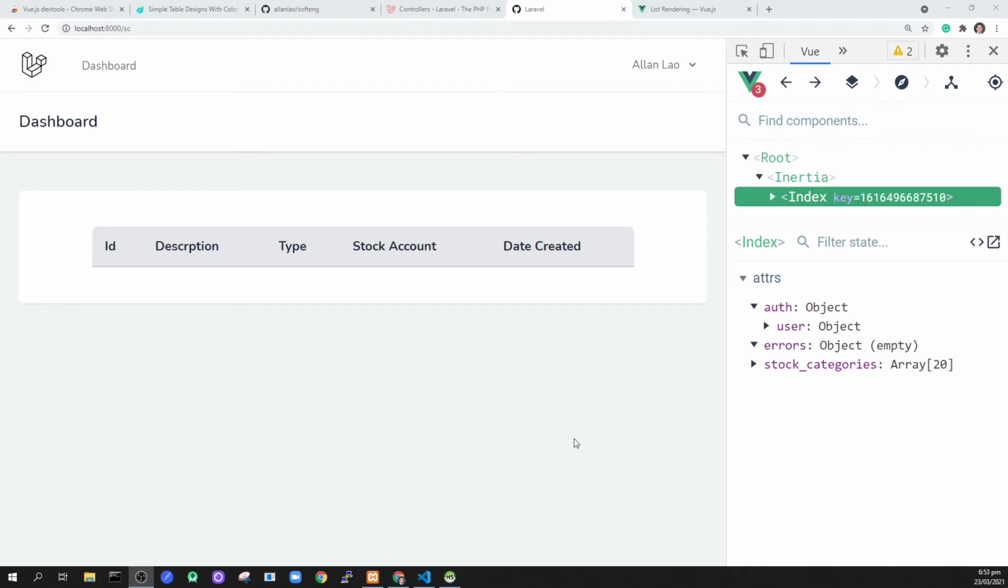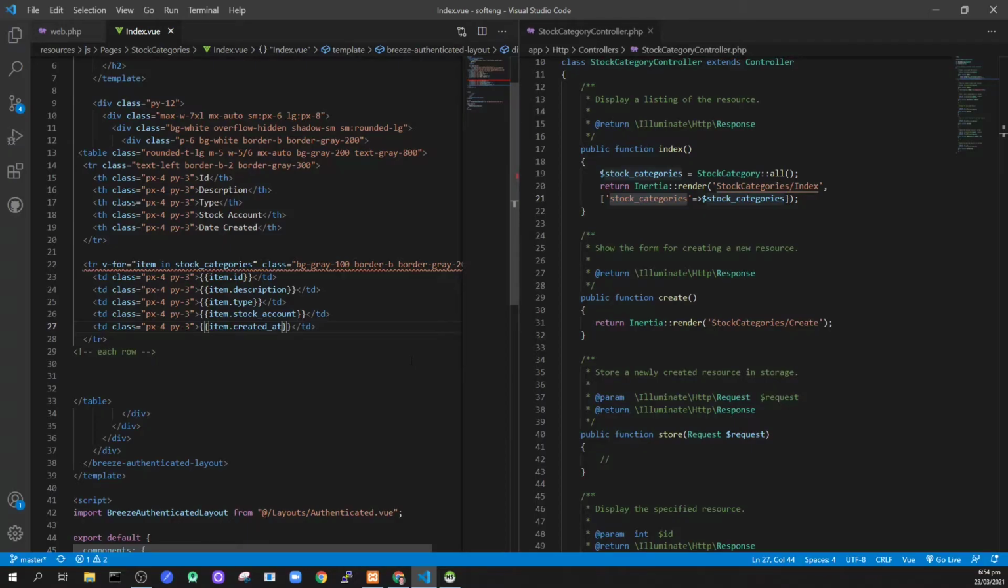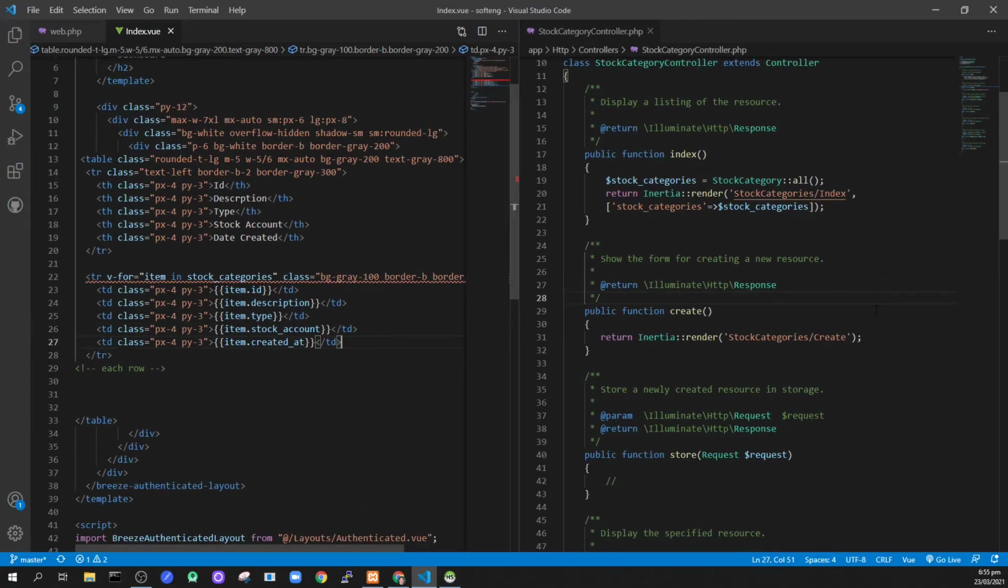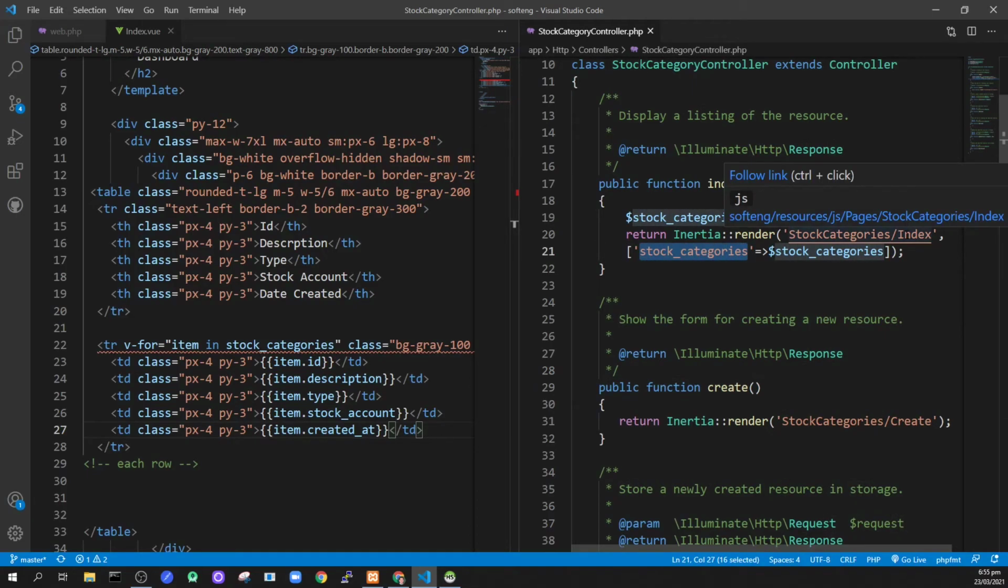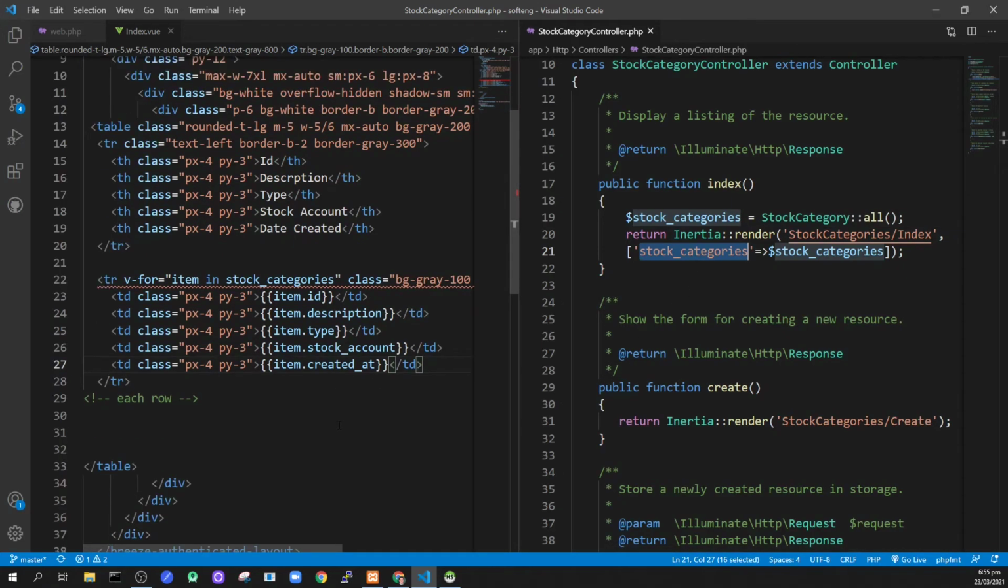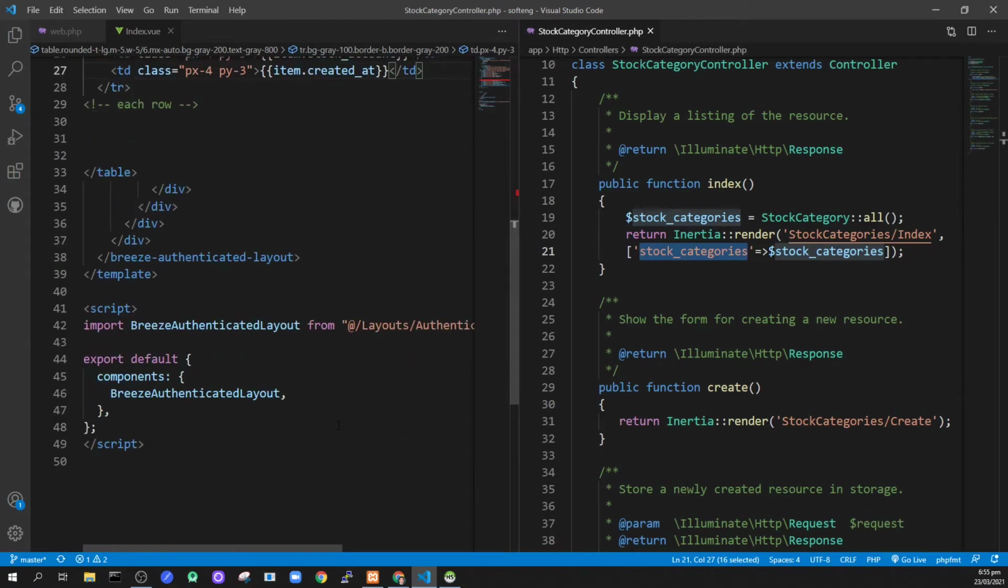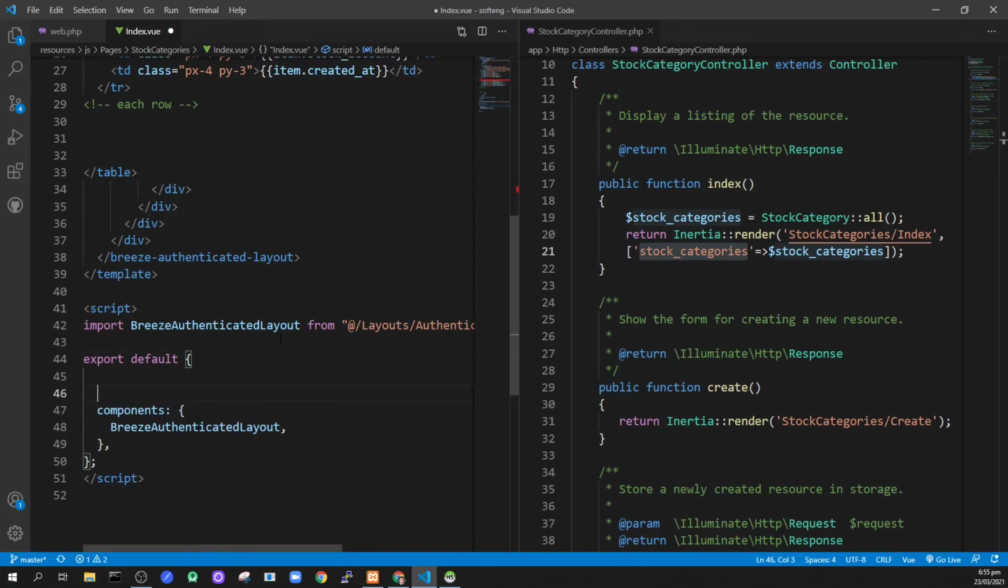So we will use props for that. So how do we pass variables from the controller to a view page? On the left side we have the view page, and on the right side we have the controller. So right here we have the stock categories that is being passed on when we render the index. Now how do we pass this? Right here we need to add props under the script. Inside the export default, you have to put here props